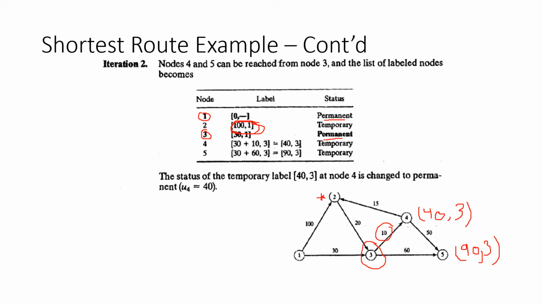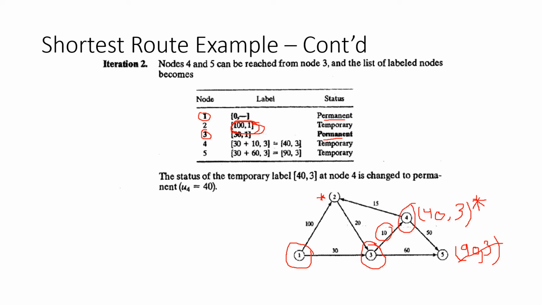and the one that has the shortest distance, the smallest number in the first entry, which will be 100 versus 40 versus 90. And 40 is the smallest, so 40 is made permanent, so I put an asterisk next to it, and then I will erase the other temporary labels. So I now have 3 permanent labels: the initial one for node 1, one for node 3, and one now for node 4. Those are